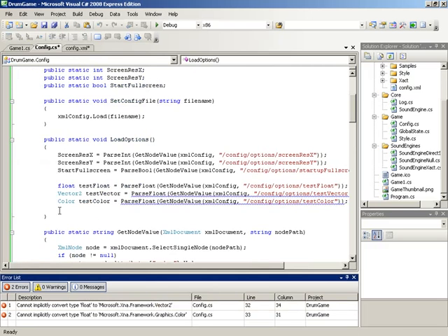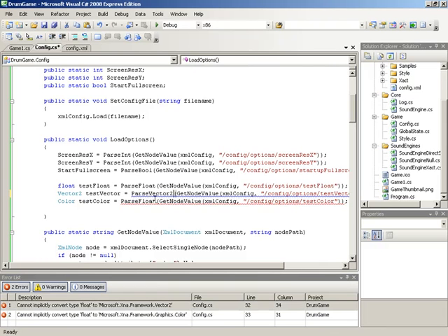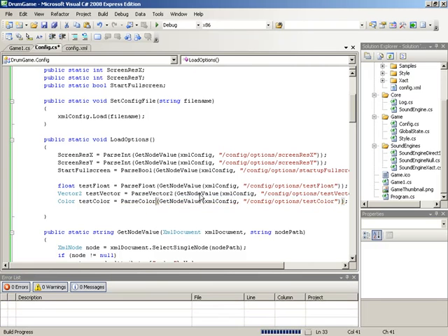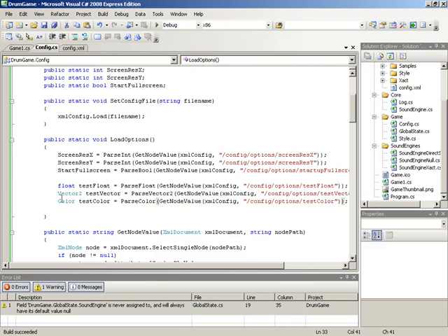We'll build, and let's see. Oh, and we're missing the different parse routines. Of course, we need parse vector, let's see, parse vector2 and parse color. Now everything builds fine. Before we run, since these are obviously not used anywhere, I'll drop a breakpoint on test